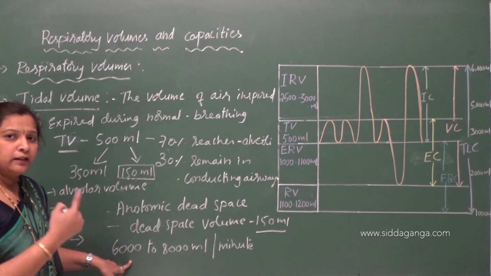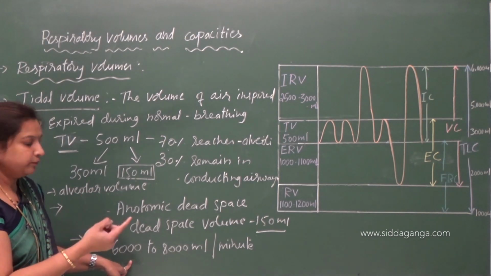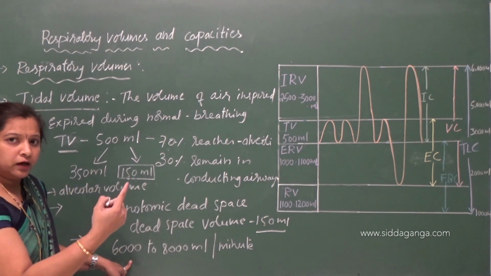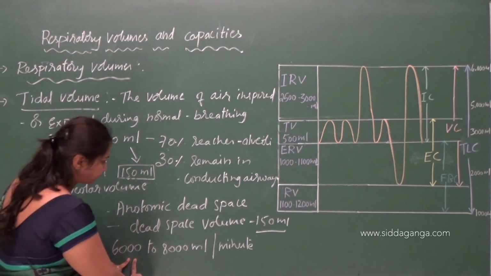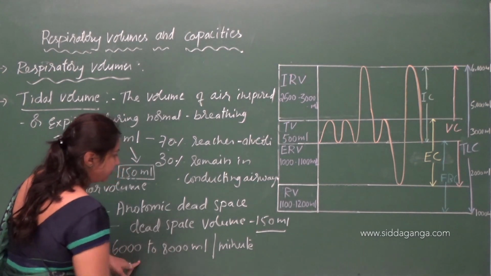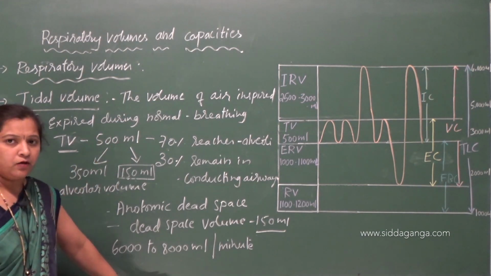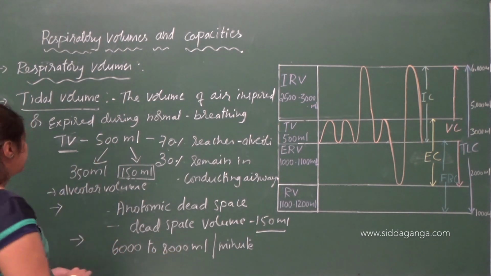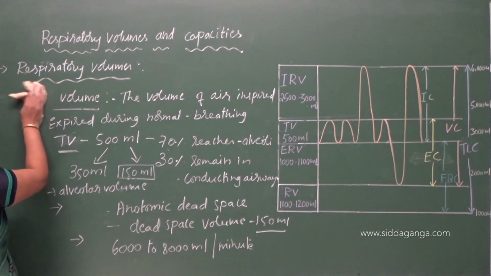Okay. So a healthy person can inspire or expire during normal breathing 6,000 to 8,000 ml per minute. Okay, so this is the tidal volume, you have to remember this. Then next is, understood clearly, that next is